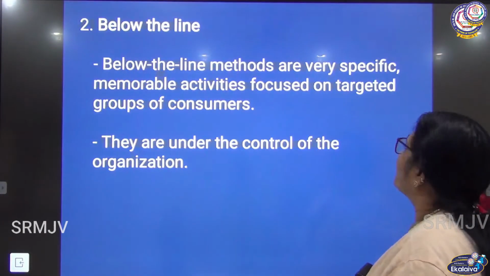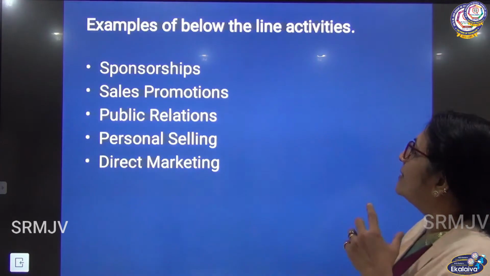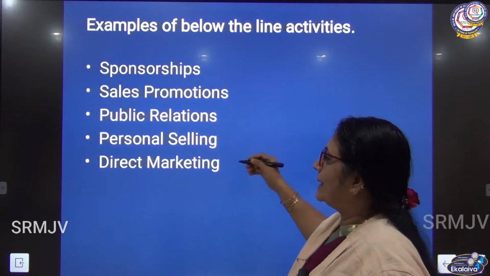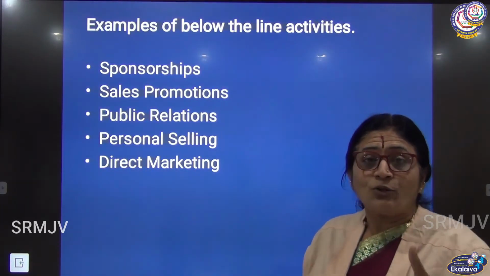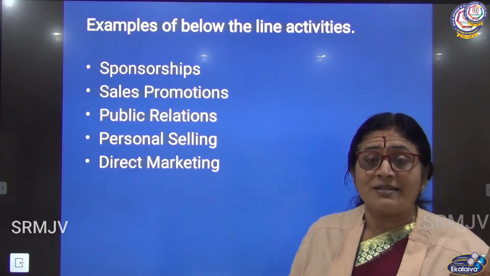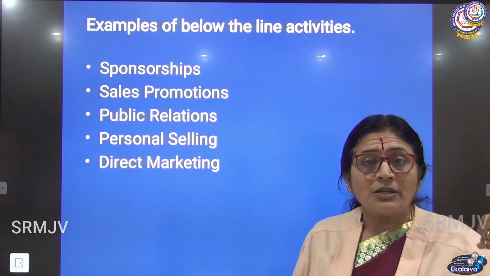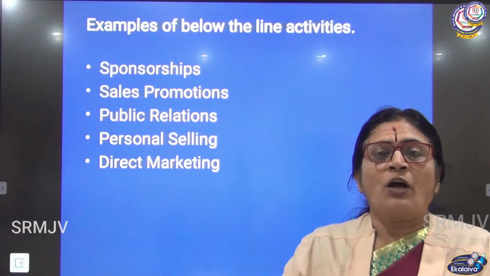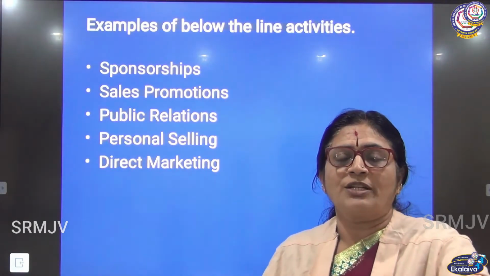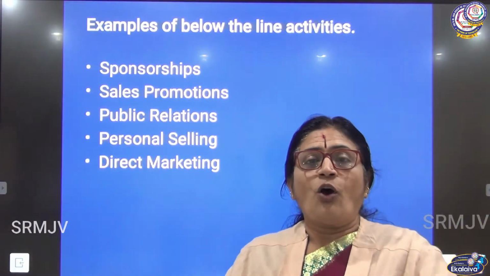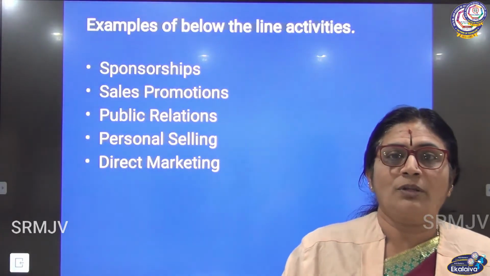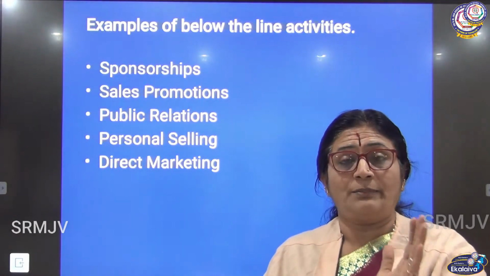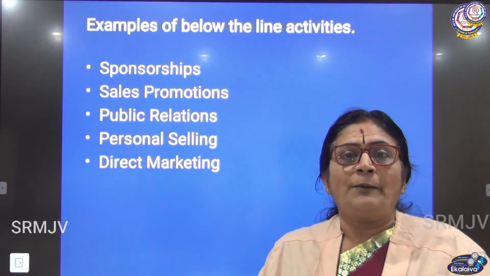Okay, now examples of below the line methods are sales promotion, sponsorship, public relations, personal selling, and direct marketing. Now direct, as I told you, in a Reliance supermarket there will be a trained salesperson standing there and promoting. Maybe it is a liquid soap that has come into the market, or a powder soap which can be used in the washing machine, or maybe with a different flavor, or an electronic item that has come to the market, and they want that product to penetrate into the market.